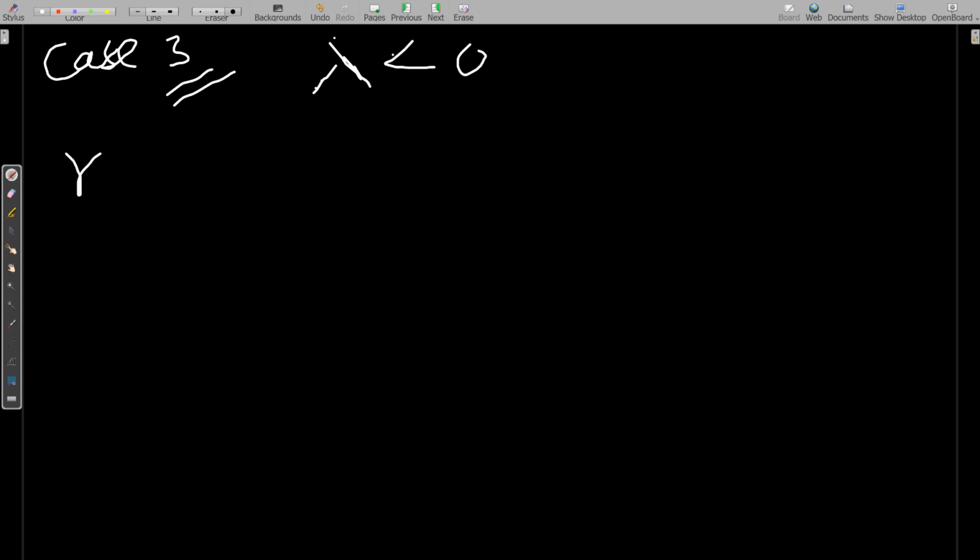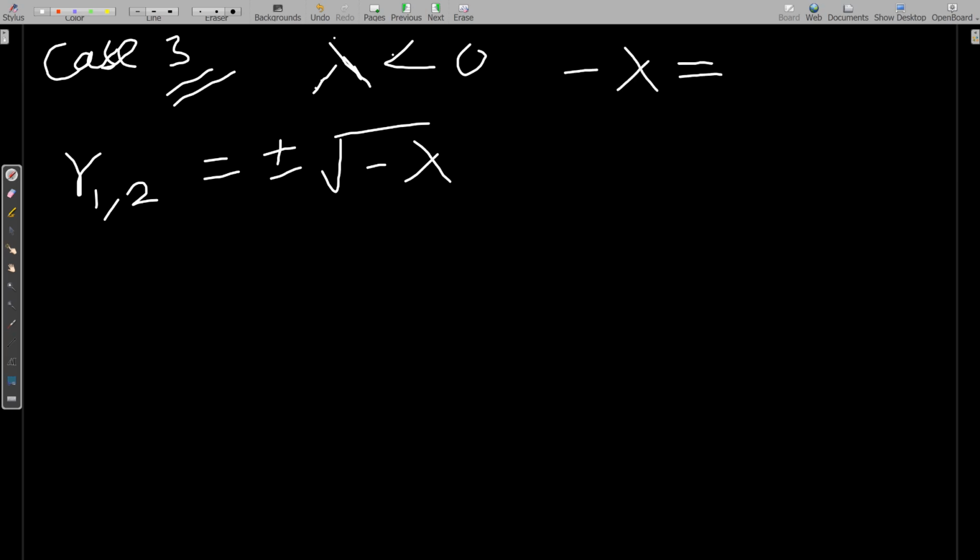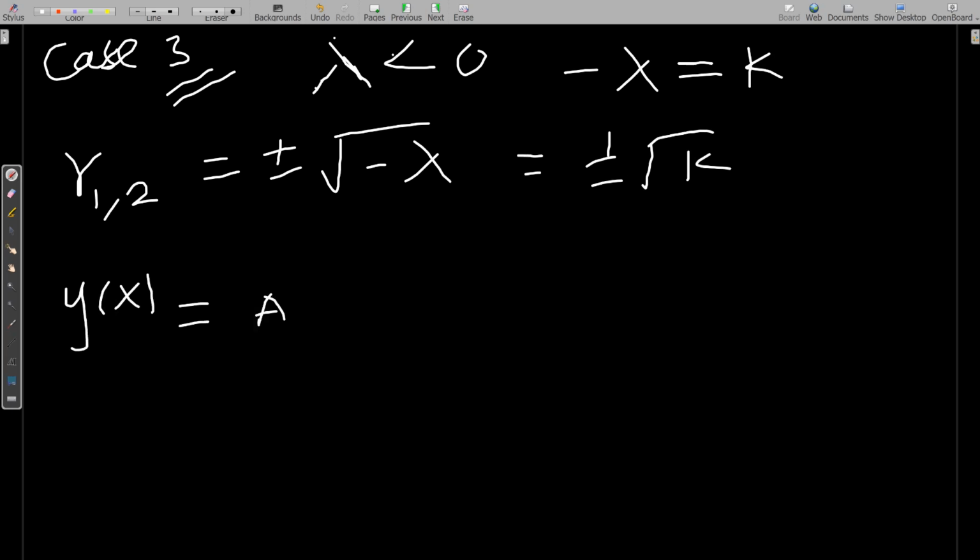If lambda is less than 0, now r12 is equal to plus or minus the square root of minus lambda. Lambda is already negative because it's less than 0, so the minus of lambda will be a positive number, let's say k. So let me call this plus or minus square root of k, and so it's a positive number. So our solution, y of x, will then be equal to a e to the power positive square root of k x plus b